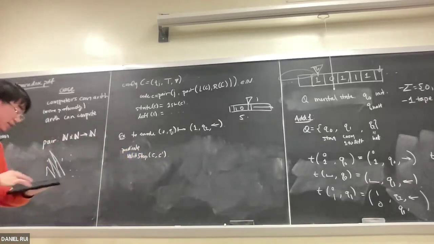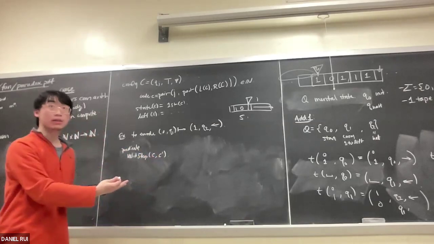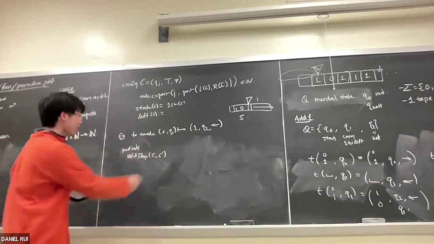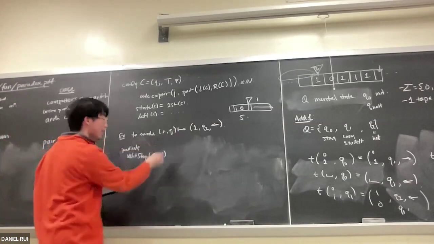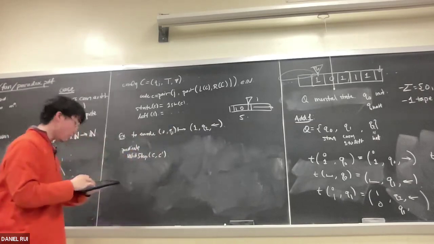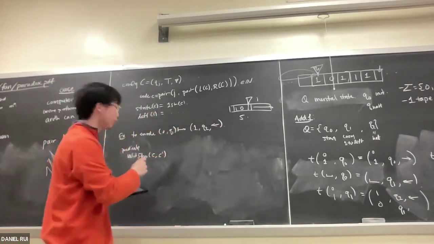What I'm going to do is check that C is a valid configuration, C prime is a valid configuration, the state of C is equal to 1, the state of C prime is equal to 2, and also that everything else here is coded correctly. For instance,